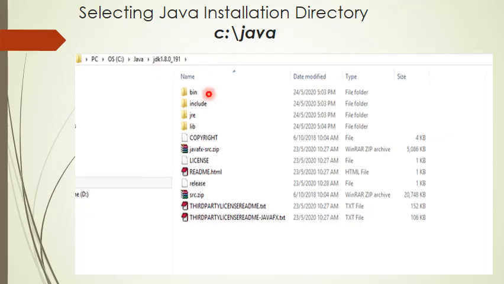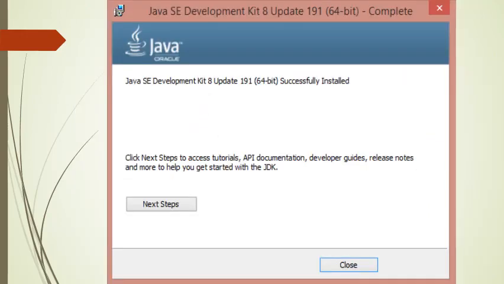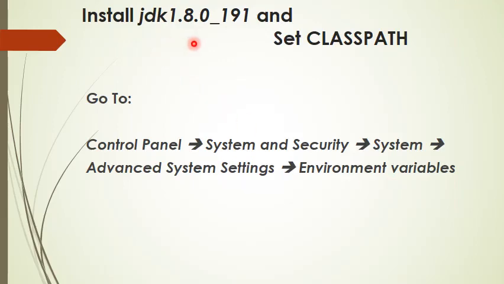Now here I would like to point out a couple of things. By default, Java installs in C:\Program Files, maybe Program Files x86 or Program Files based on 32 or 64-bit machine. But generally what happens in Program Files, there are 2 words, so sometimes setting the path there is a problem. So the best thing is to install JDK 1.8 under the Java directory. This is how it is: C:\Java, and install JDK 1.8.0_191. Once Java is successfully installed, this is what you will get on the screen. You can close it.